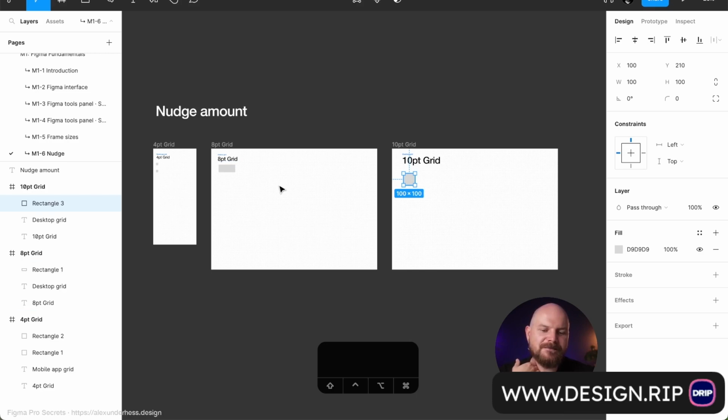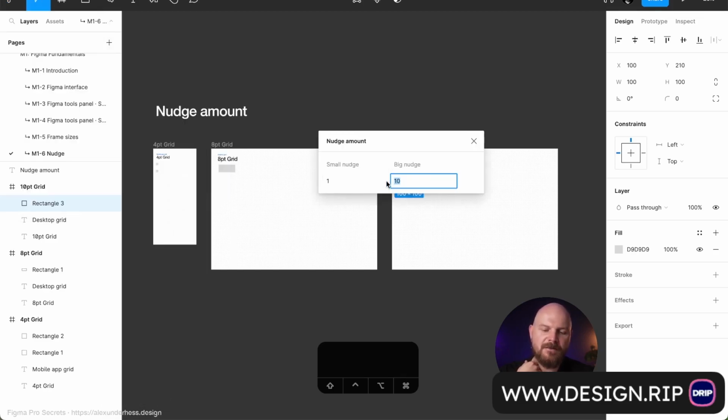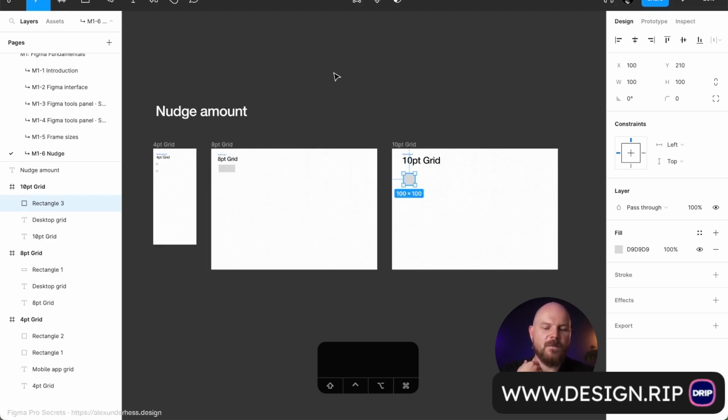How to create grids? I'll tell you in the next lesson. For now, just remember that you can go here, Figma, main menu, preferences, nudge amount, and you can change it to the size that you want. Super convenient feature, and I'll see you in the next lesson where I'll show you how to create grids,